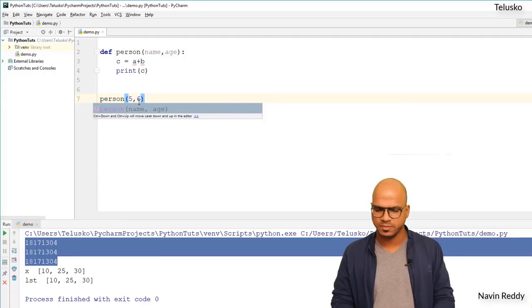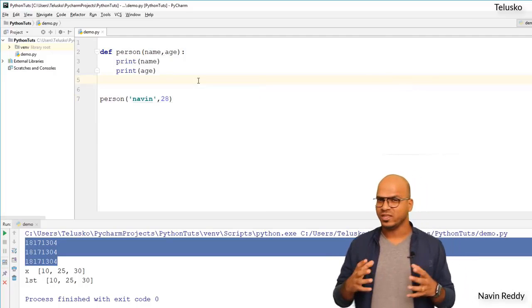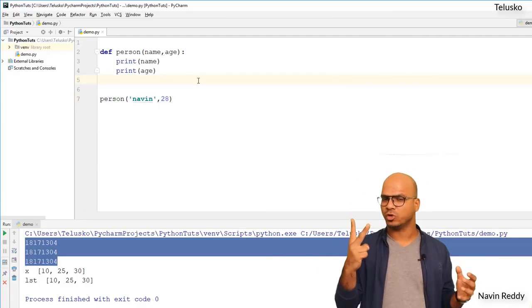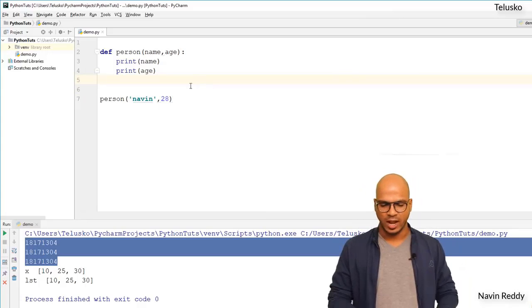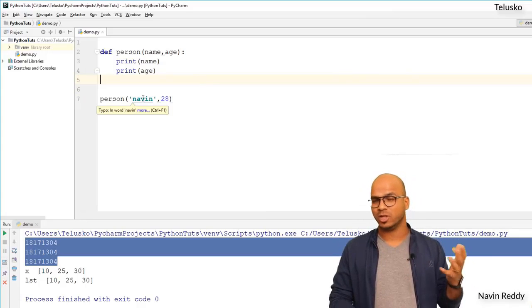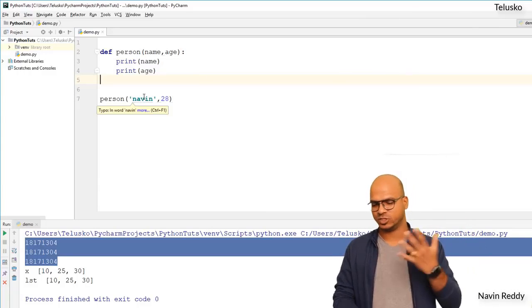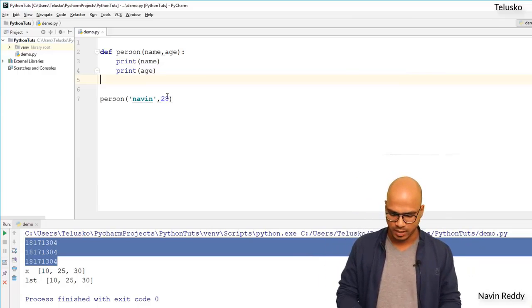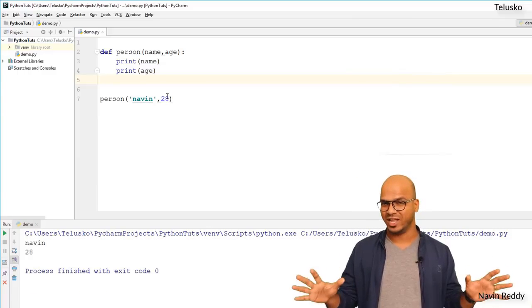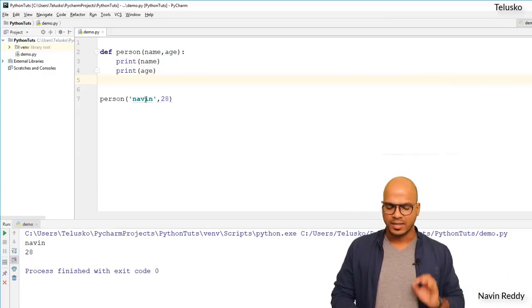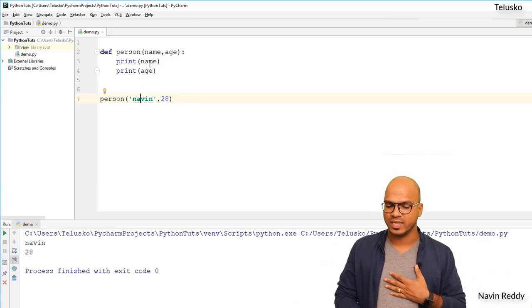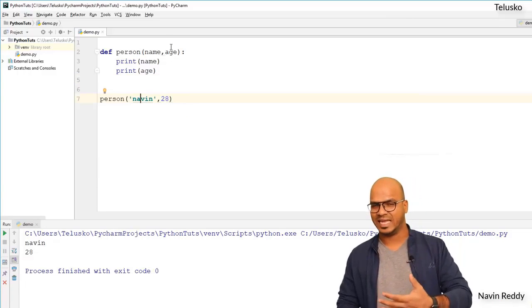So if I change this, let me just change all the values here. I have defined the function which is person. It takes two arguments, name and age. And so I'm calling person by passing name and age. So name is Naveen and age is 28. If I run this code, you can see we got the value. It is working perfectly, right? Now, how do we know that this Naveen is going in name and 28 is going in age? So that's where